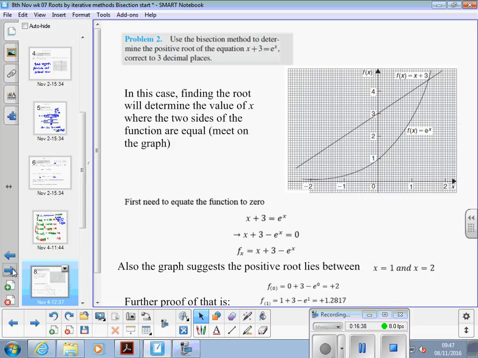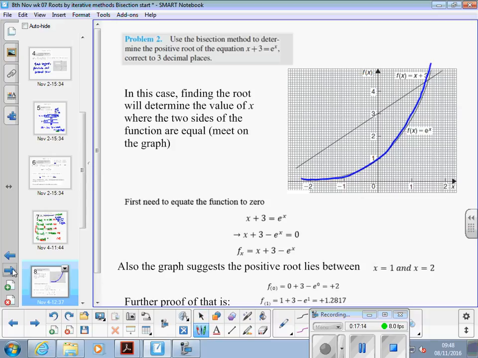So let's have a look at another example. This time, use the bisection method to determine the positive root of the equation x plus 3 is equal to e to the x, correct to 3 decimal places. In this case, finding the root is going to determine the value of x when the two sides of the equation are equal. Here I've graphed e to the x, that blue line there,